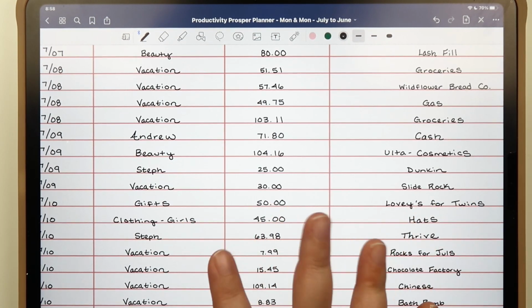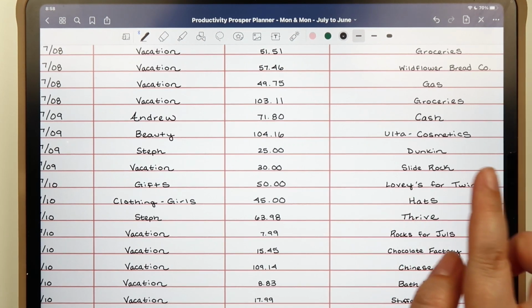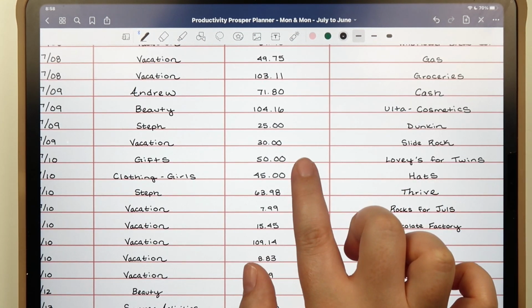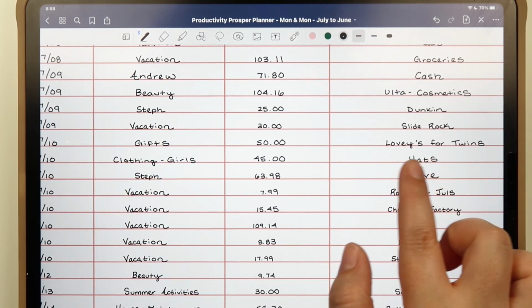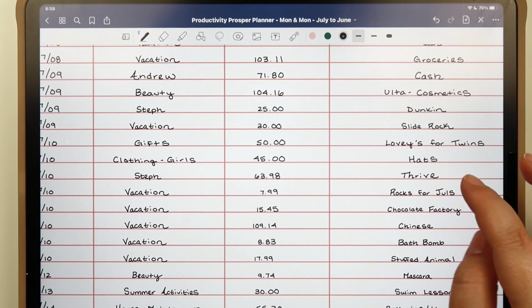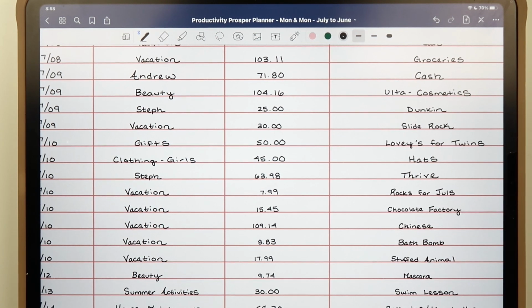So I only buy new makeup, I want to say, probably once every 2 years, something like that. And then I put $25 on my Dunkin' card. Then we had the $30 for admittance to Slide Rock. We picked up a couple little loveys for the twins, which were a little pricey, but they're super cute, so I don't even care. And those babies are gonna be spoiled, what can I say? And then we picked up some hats for the girls. Again, souvenirs up in Sedona were so expensive. Like 2 kids hats were $45, but